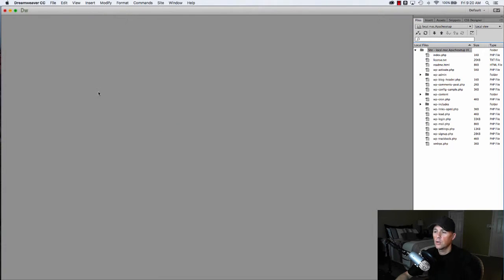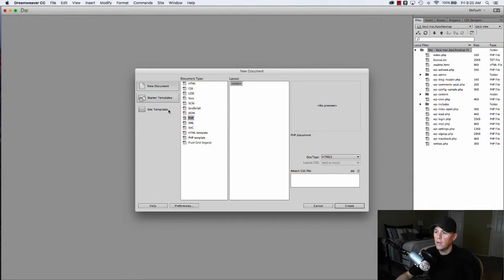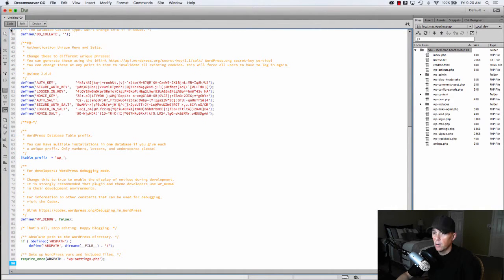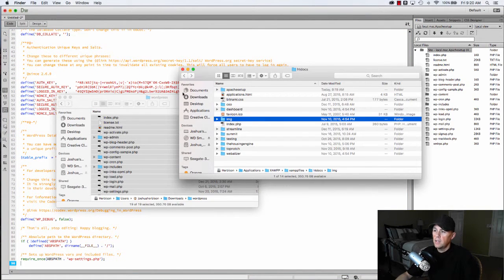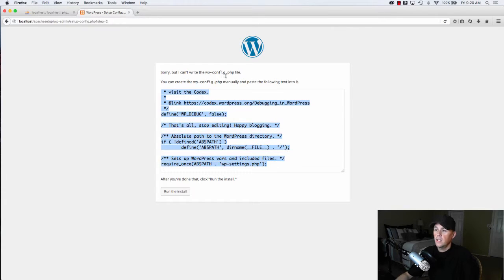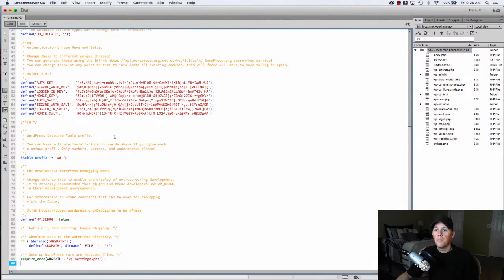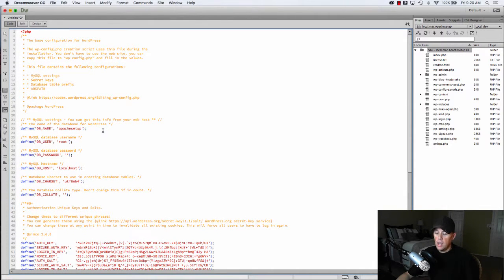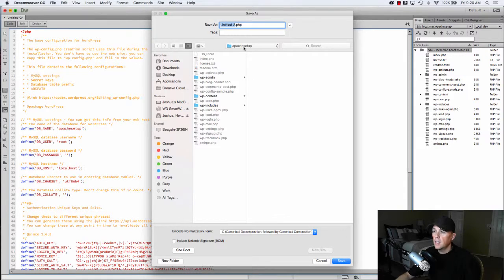So we're going to go back to Dreamweaver, and we're going to create a new file. It's a PHP file, and we're going to take all this out, and we're going to paste in basically what WordPress has given us here. We've copied this, and we're going to paste it into here. If you look, it tells us the database name is Apache Setup, user is root, the database password is password, and then localhost. So now we're just going to save this as